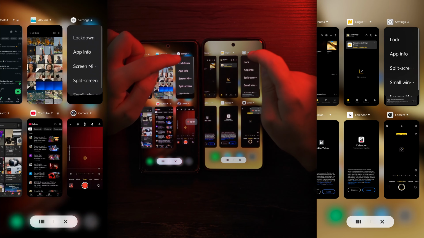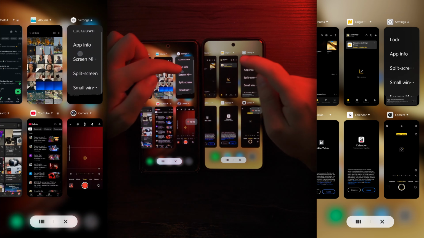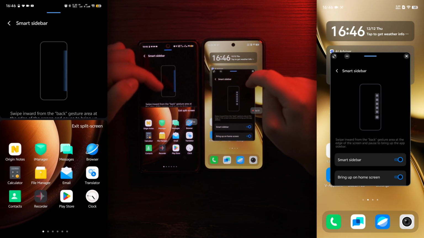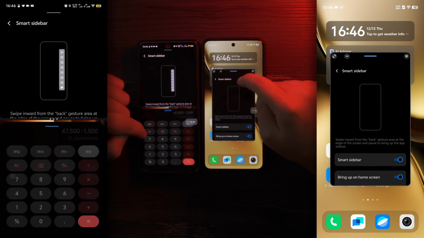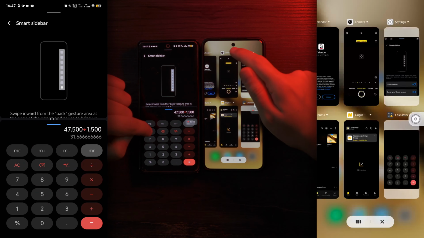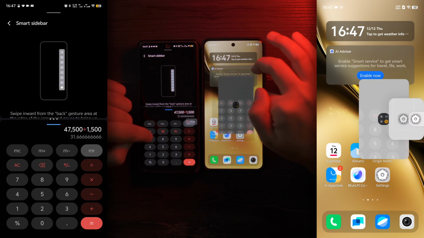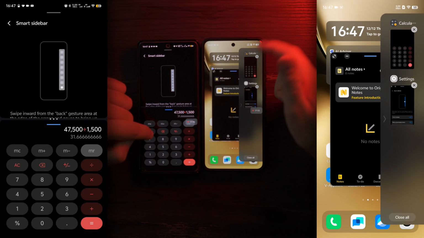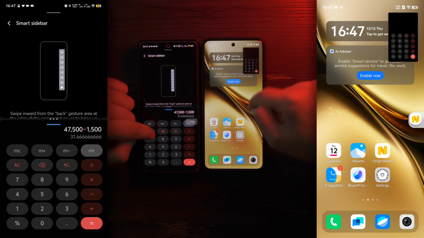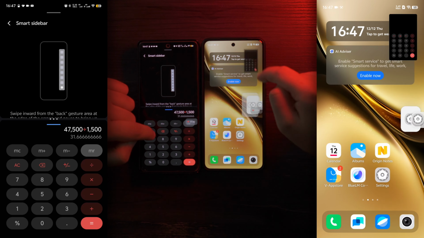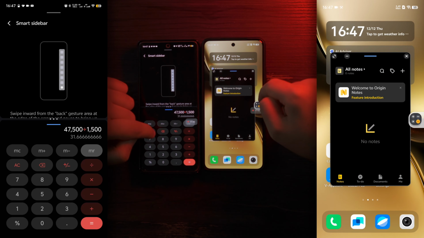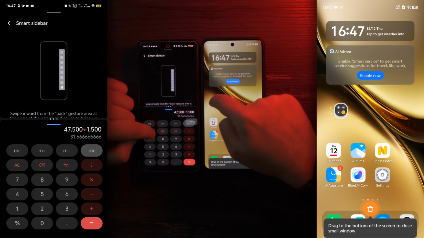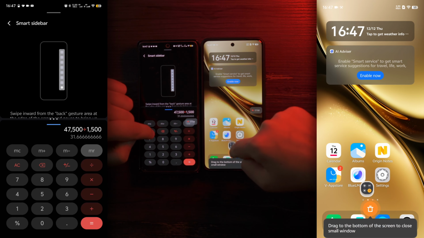You can press this arrow on any of the opened apps, and you can open them in a small window or split screen. You can easily switch between multiple windows, but only one will be on the screen at a time. Now you can see we have multiple windows. Press this icon and just choose what you like. You can grab this window, it will always be stuck on the side, and just close everything by moving it